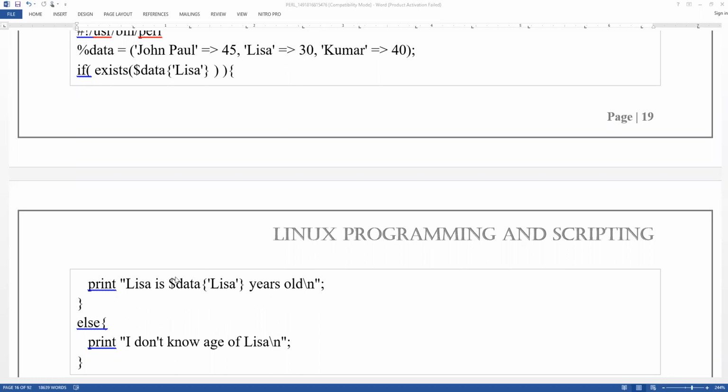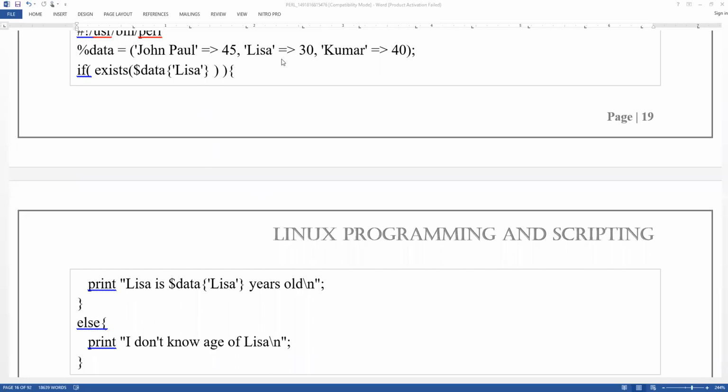30. So what is going to be printed in the output? "Lisa is 30 years old." If Lisa does not exist in this data, then the else part will be executed. Because Lisa is already there, the if condition is satisfied and this statement was printed.